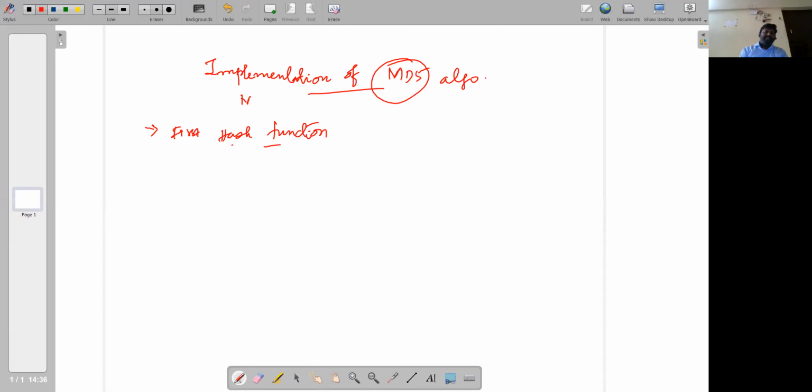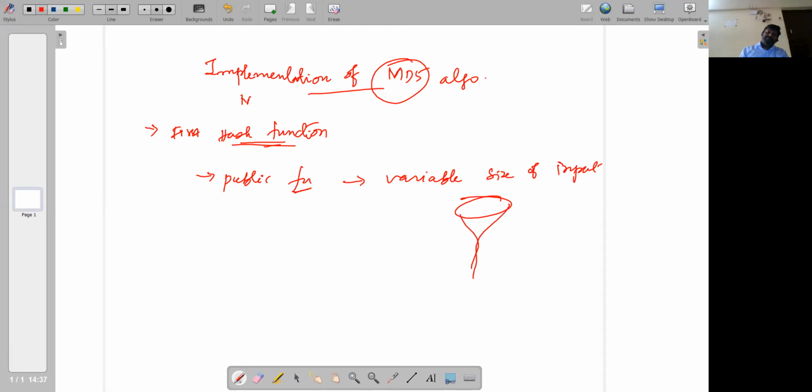So basically a hash function is a public function which will accept a variable size of input, perform some operation, and then produce a fixed size output, right?